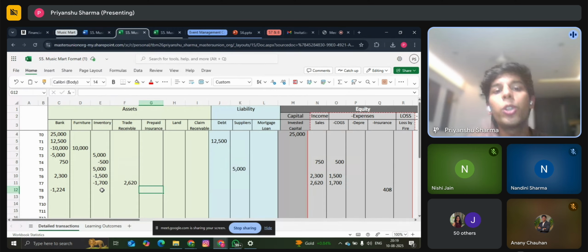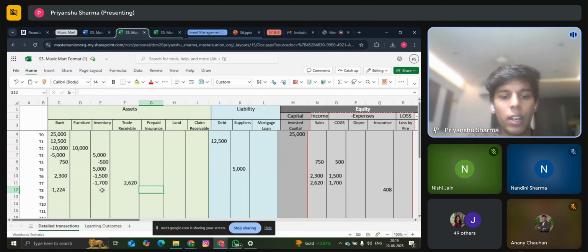And for the next 2 years, I've paid in advance. Whatever I pay for in advance, I will be redeeming that in the future. ये मेरे लिए future में value generate कर सकता है. That is why we record that under asset side. और क्योंकि यहाँ पे प्रीपेड इंश्योरेंस का ऑलरेडी हेड बना हुआ है, मैं इसमें प्रीपेड एक्सपेंस के अंदर डाल दूंगा the remaining amount, which is 1224 minus 408, and that is